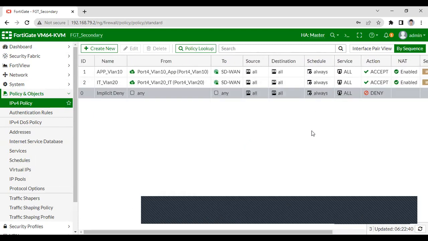That's how we have to configure HA in a FortiGate firewall, right? If you want to check the HA configuration, you have to go to the FortiGate firewall CLI, then run get system ha status, right? As you can see, master selected using this one, these are the configurations. As you can see, the secondary firewall is the master, right?